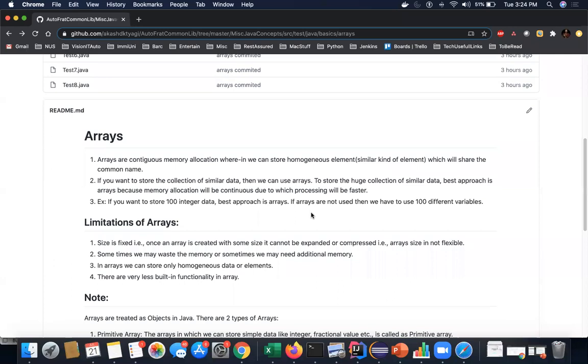I know I always say this for all the topics, but arrays is something which really can determine whether you're going to crack the interview or not, because there are a lot of questions which deal with arrays. And if you are very familiar with arrays, your logic building also enhances. And if you are weak in arrays, then your logic will not ever get developed. So it's very, very important not only to listen to what I'm trying to explain, but also